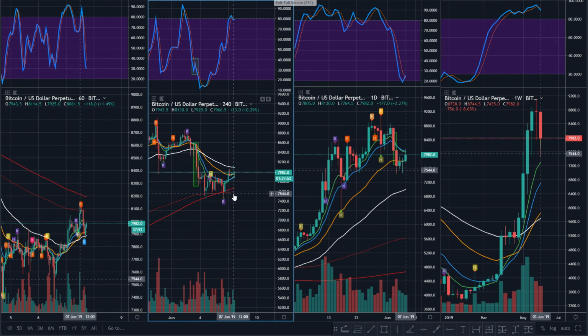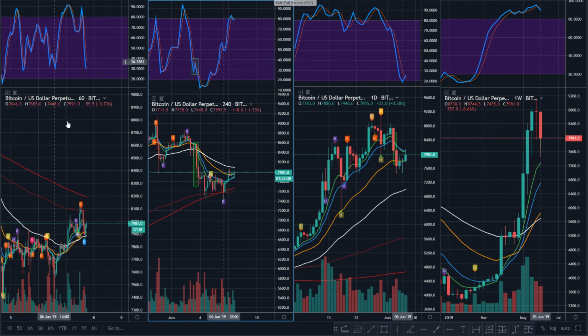out that 55, especially when I consider the fact that if you look on the left-hand side, what occurred at the exact same time? I was testing the 200 on my daily, on my hourly, which is above me, which means what? I'm overbought, right? So here I am in an overbought position, putting in a bear divergence.